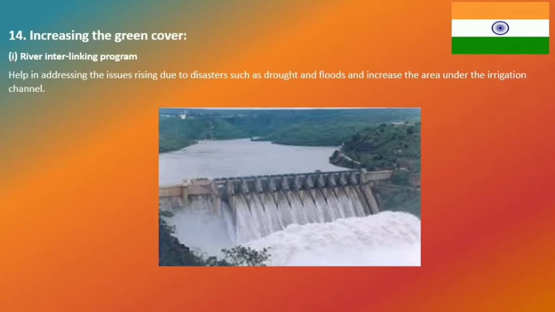So the problem India sometimes faces is drought because of the lack of linking of these rivers. So by interlinking these rivers, the Indian government thinks this will help in addressing the issues